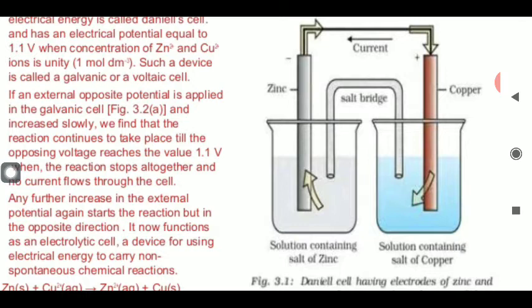Where the site where the oxidation is taking place, आपने उसको एनोड कहा था या फिर ऑक्सीडेशन हाफ सेल कहा था, या फिर आप उस पर्टिकुलर साइट को नेगेटिव पोल भी कह देंगे. On the other hand, the side where the reduction is taking place, आपने उसको क्या बोला, रिडक्शन हाफ सेल, आपने उसे क्या बोला, कैथोड, या फिर उस पर्टिकुलर साइट को आप पॉजिटिव पोल भी कह दोगे.